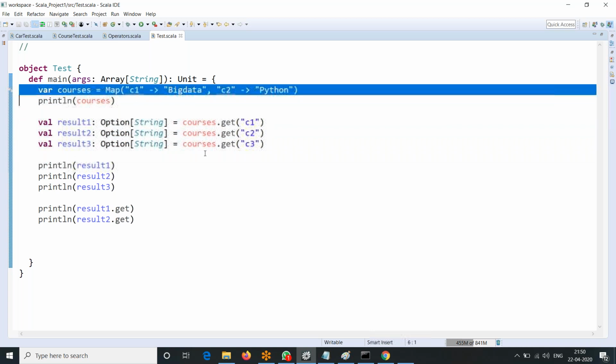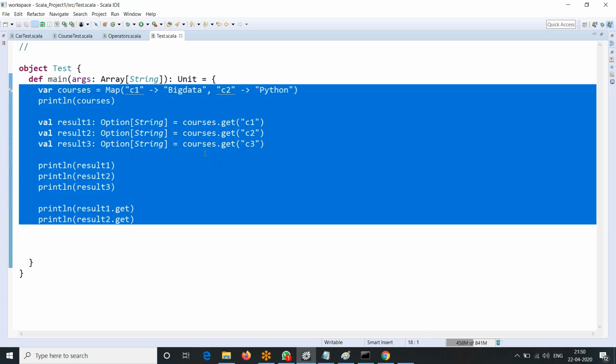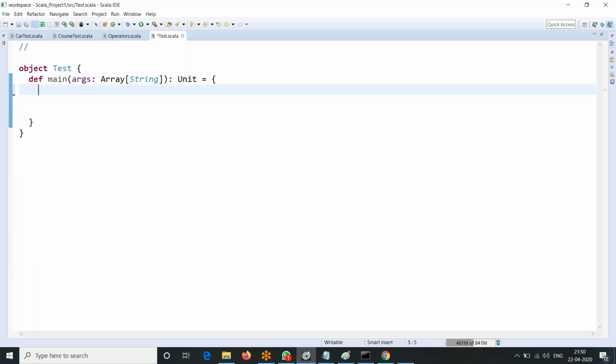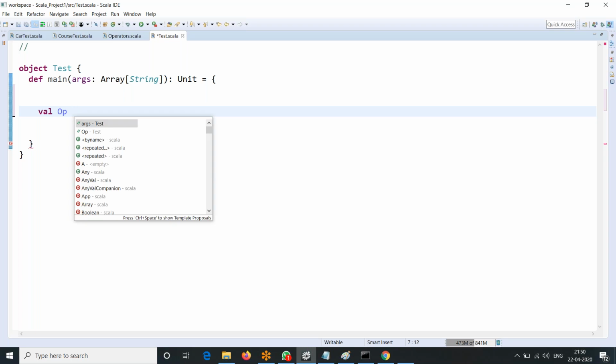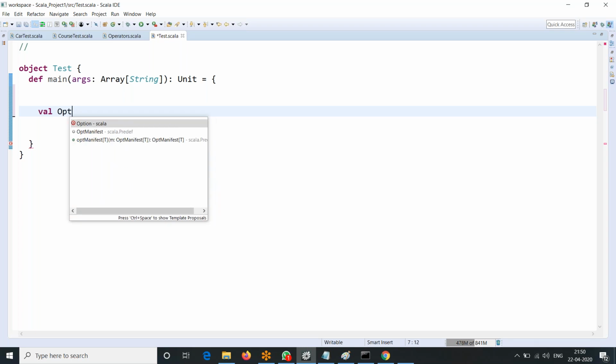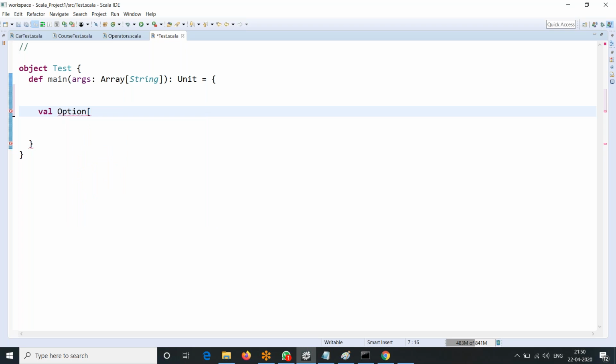You remove all this, no need for now. Now you take one option, some val, okay, option, and then you can take a string or integer of your choice, equal to Some of some value.